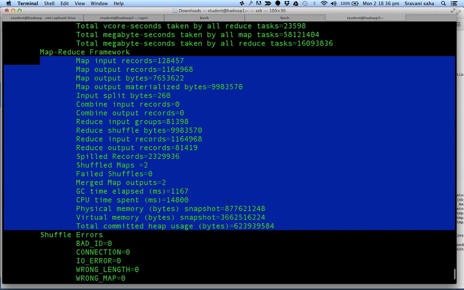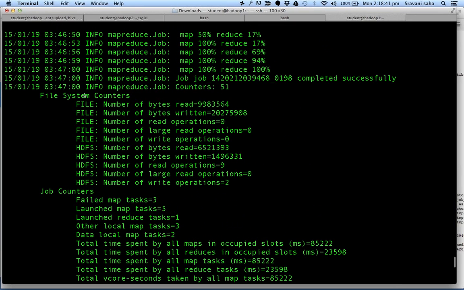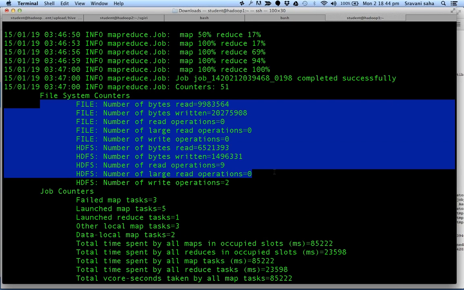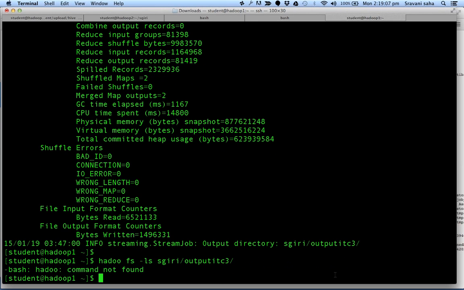So the time taken, at least this portion, you should take a note of it. Specifically, if you are doing performance analysis, then you should look at these numbers, and we will discuss this part. Okay, so we have created output ITC 3, and under this,